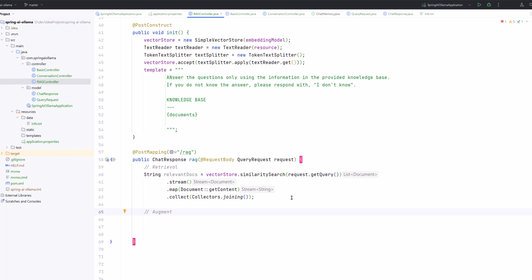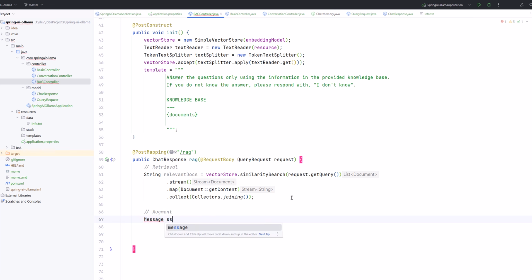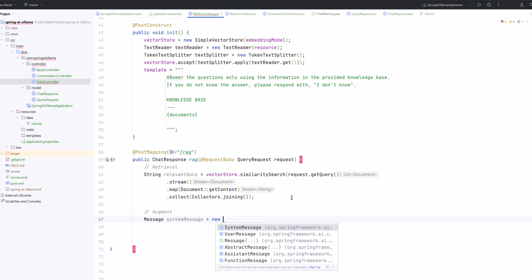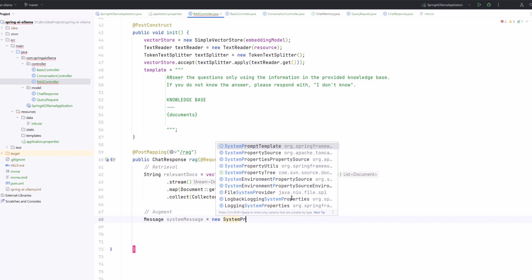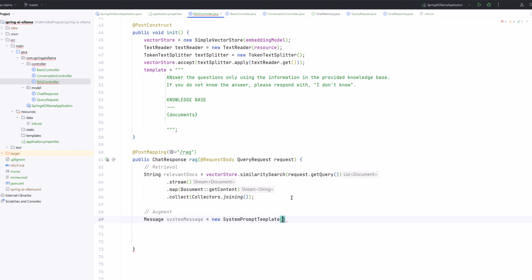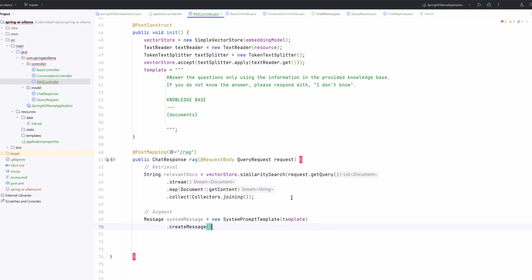Now the next step is augment. Using the response that we got from the VectorDB, we will add to the message that we are sending to large language model. We will use the system message, and inside the system message, we will augment the relevant docs. We'll create a system prompt template.createMessage.